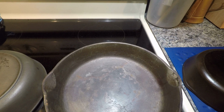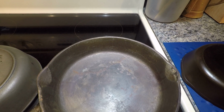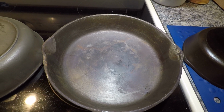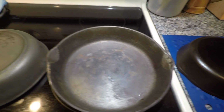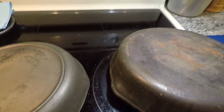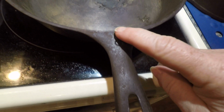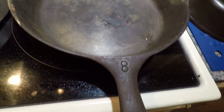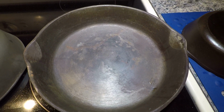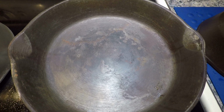One other thing I want to add before I sign off is I get a lot of questions. People might give me one or two descriptors of a skillet and they'll say, what is it? Well, I really don't know. On a skillet, especially if you're dealing with something that's unmarked, and this one actually is marked, I believe, you're going to want to look at the size of the font. You want to look at how the sidewalls are made, how the pour spouts are made, how the handle is made, what the font is like on the handles. There's a bunch of things that go into identifying unmarked cast iron,